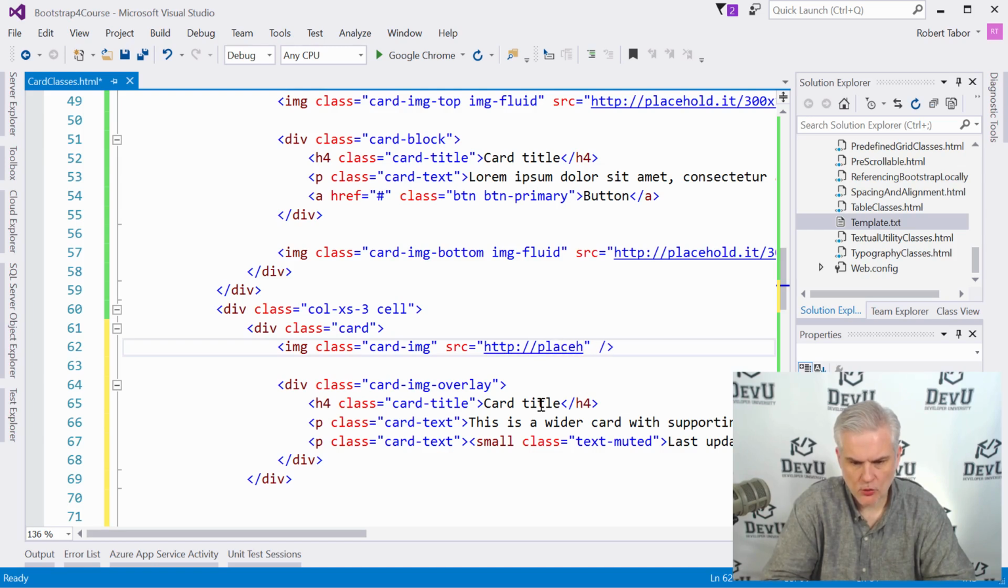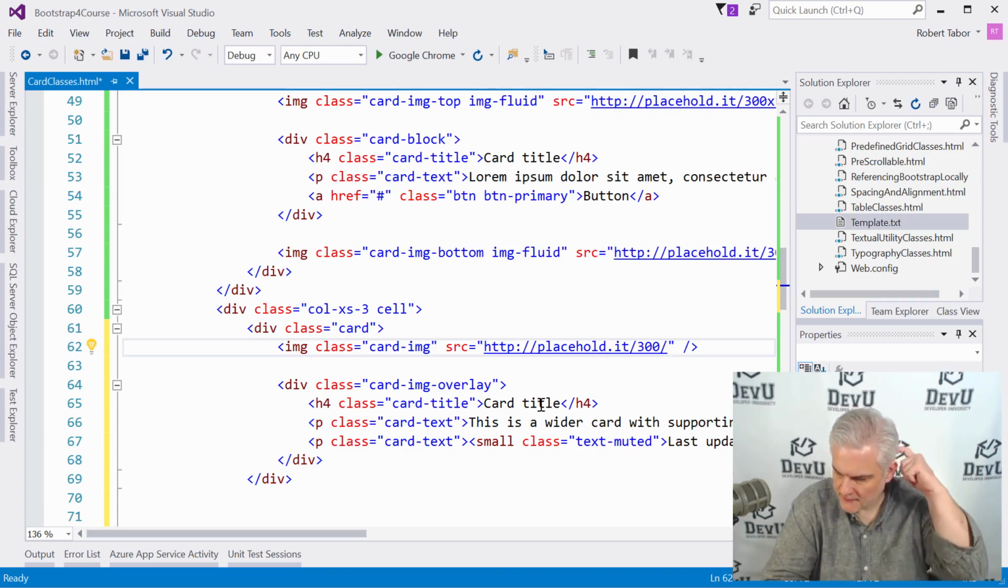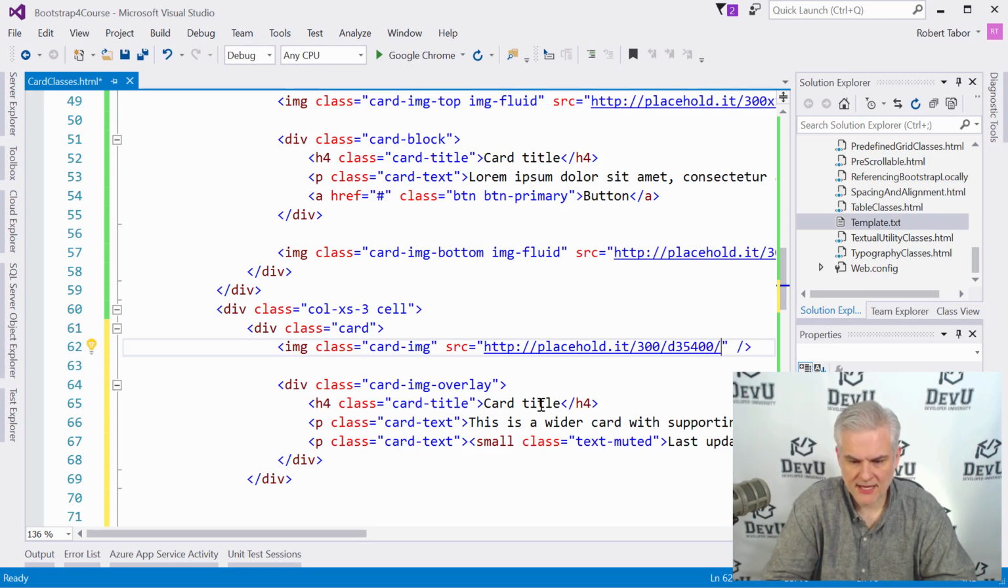http://placehold.it, and let's go 300, but I'm not going to specify a height, so that'll make it 300 by 300. I'm going to specify a background color in terms of hex. So I happen to know that D35400 is this orange color, so that's the background color for the image. I can specify the foreground color of the image as well. I could use white, or there's actually this variation on white that I like, F0,